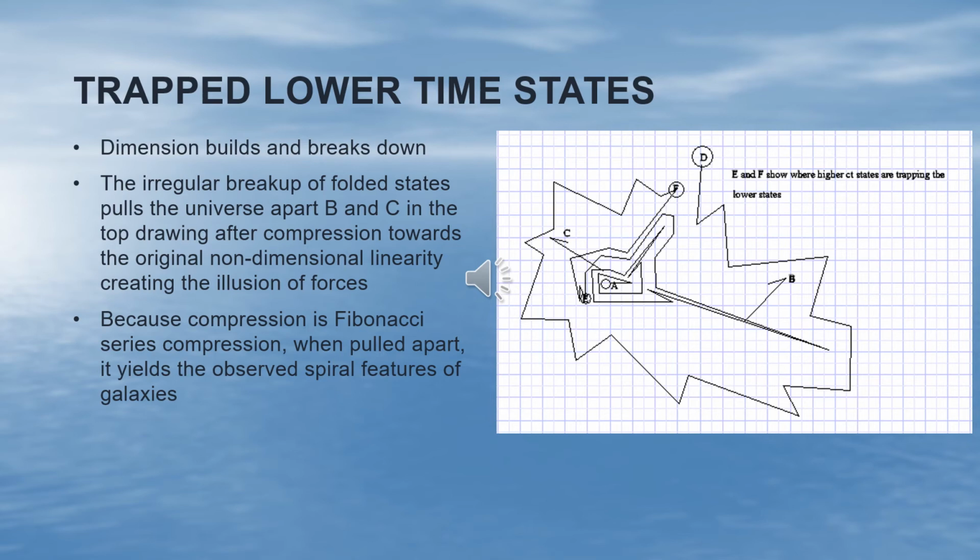The first fold can be seen as a position from which the other folds can be observed and is represented by gravity as opposed to dimension. Point F represents a fold leading to a greater dimensional concentration, and points B and C can be seen as trapped CT states that might pull the